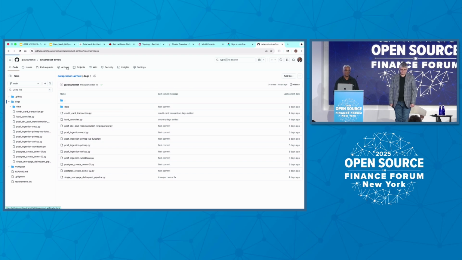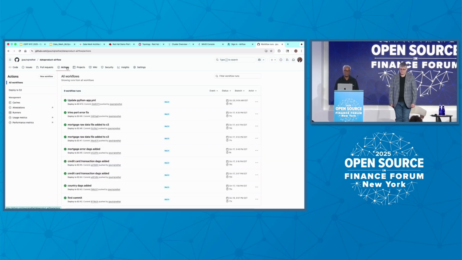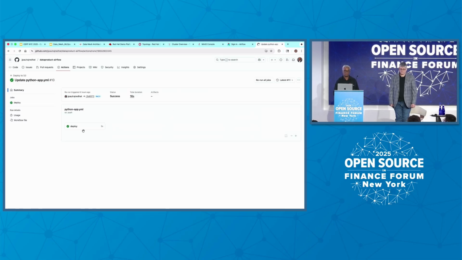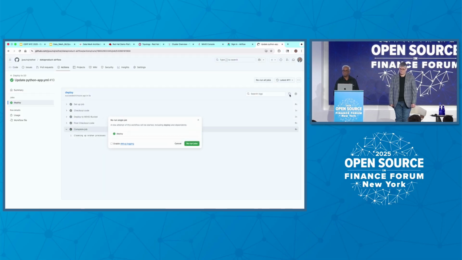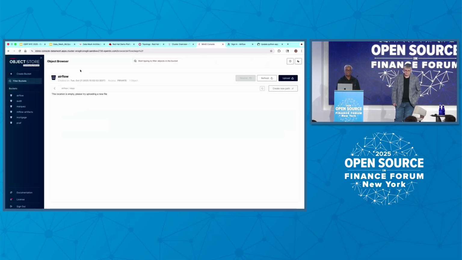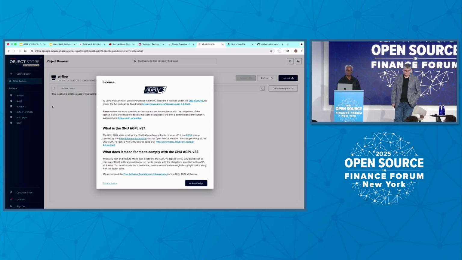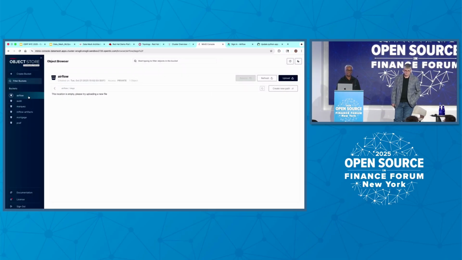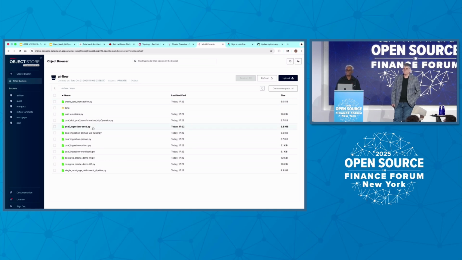So I created a Git action. Git action is a CI/CD pipeline. I already deployed it, but I'm going to trigger that again. So I trigger my pipeline. It is automatic. Whenever I check in to the main branch, it automatically kicks in. Now I can go see my MinIO. You can see all my data comes here. Initially it was empty. Now in a few seconds, you can see all the data under the data folder. All my data product, which is nothing but code, moved into MinIO.